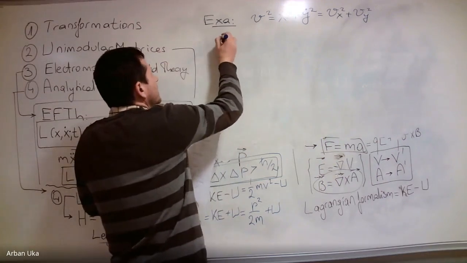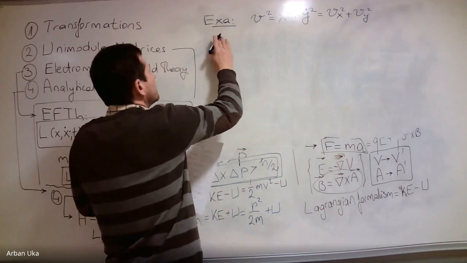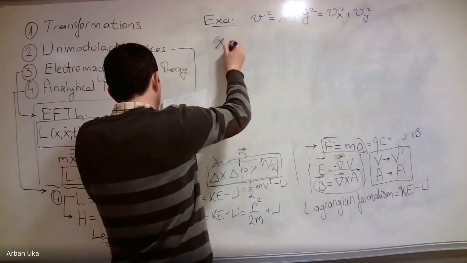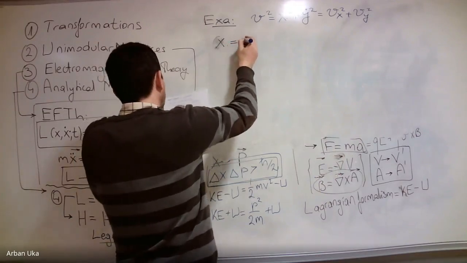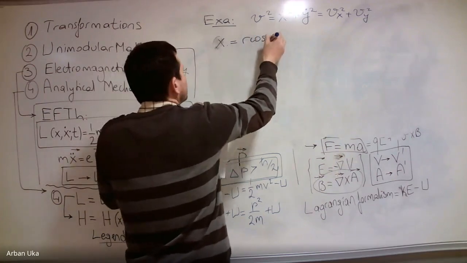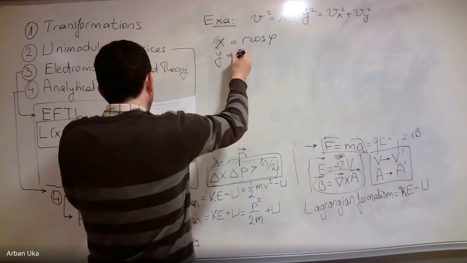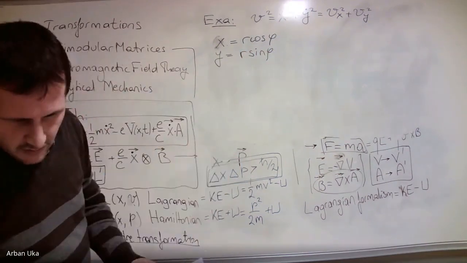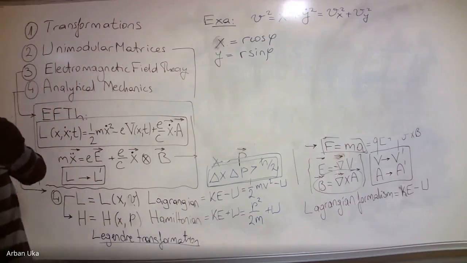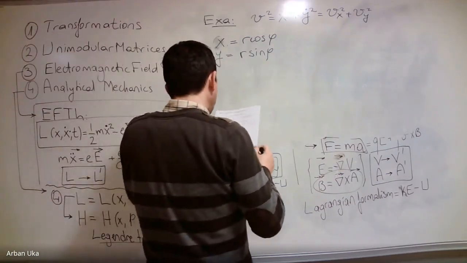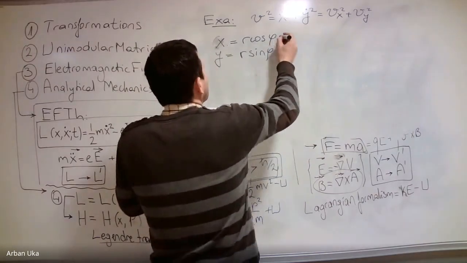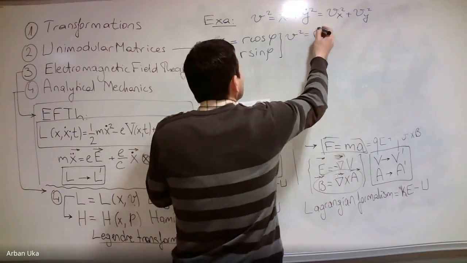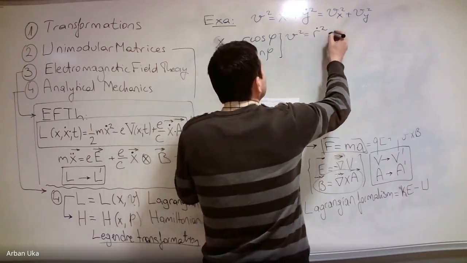So if x is equal to r cosine phi, and y is equal to r sine phi, then from here we can obtain that the velocity square is equal to the v square